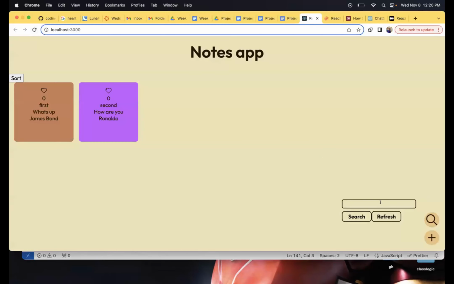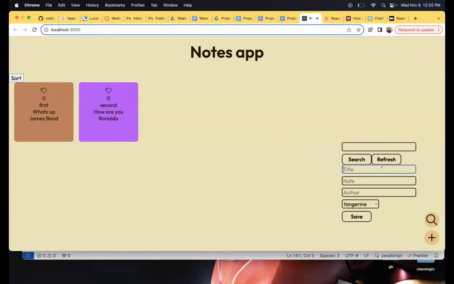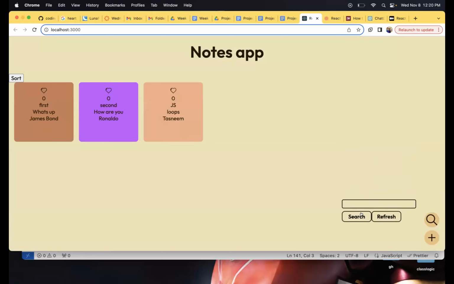I don't need this here anymore. I'm gonna change that. And why not add items? So let me say JS. Inside the node, let's just write, maybe, oops. Author, I'm gonna write this name. Save, it's there.